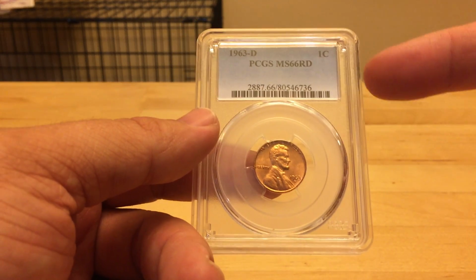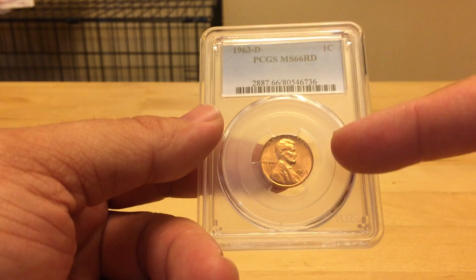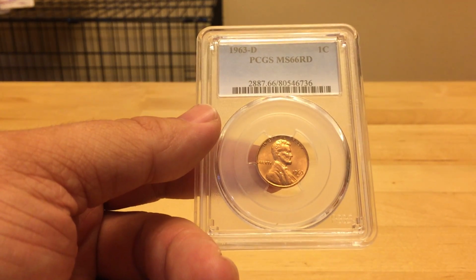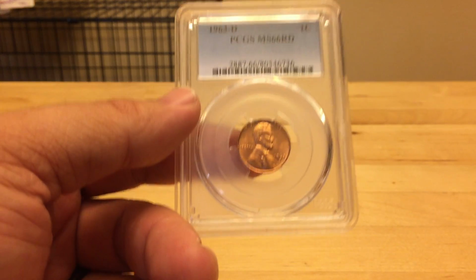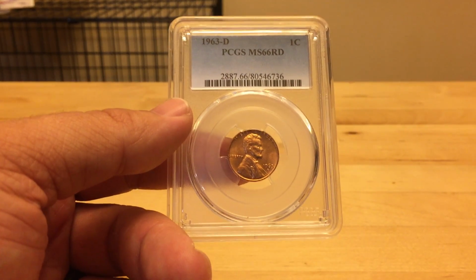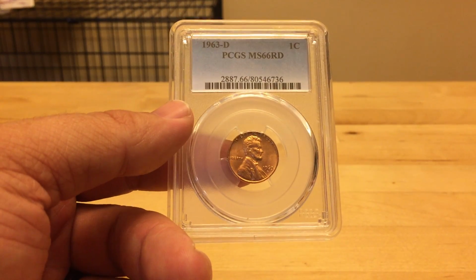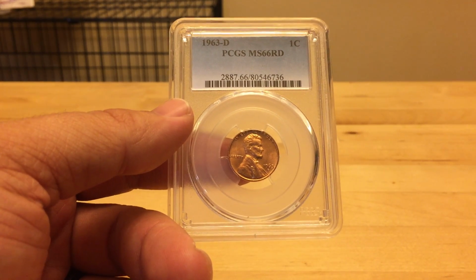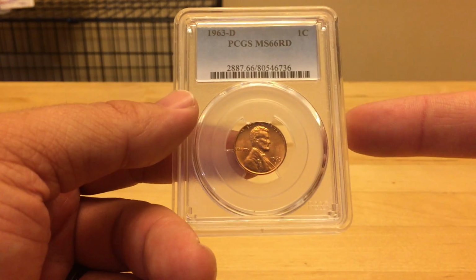So in this case, this is a PCGS Mint State 66 Red. The PCGS price guide for this coin is $210. If you look at Heritage Auctions, for example, previous auction sales for this coin have come up somewhere in the $250 range. So as far as the type of coins you should grade, registry coins, which is what this one would